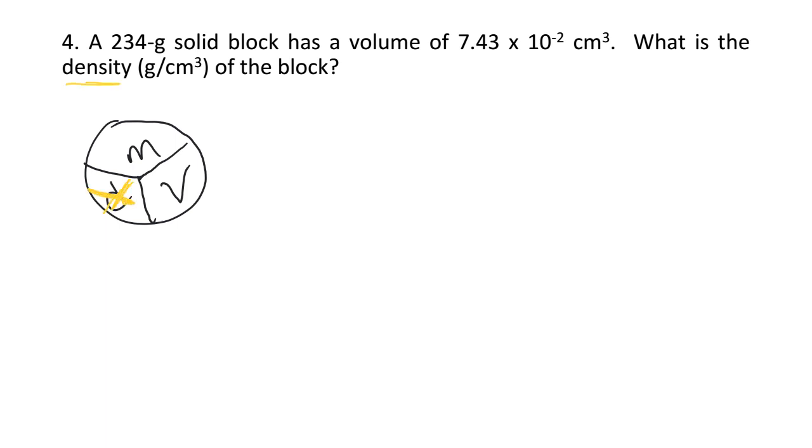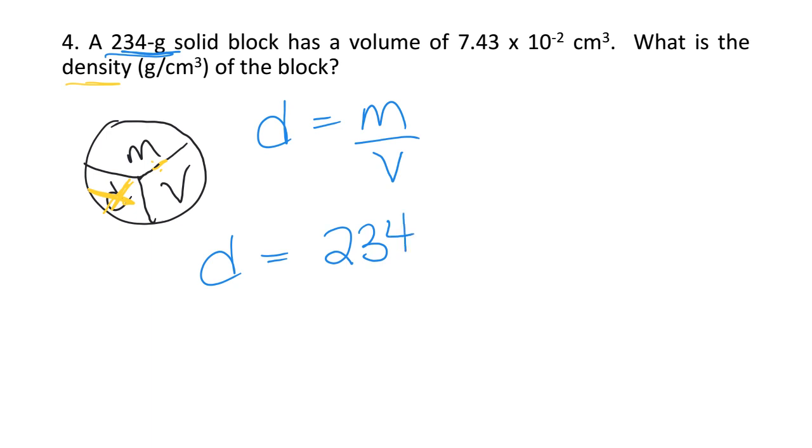So we're going to cut that out. And remember, this means divide by. So now our formula is density equals mass divided by volume. Our mass is right here because it is in grams. So 234 is the mass. The volume is 7.43